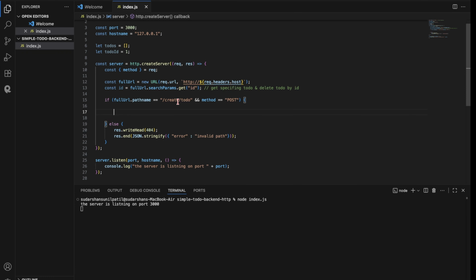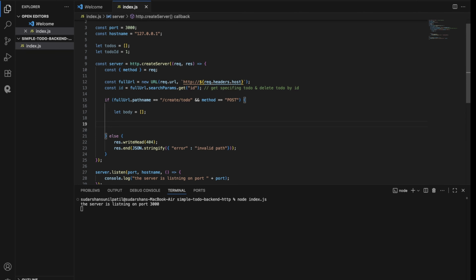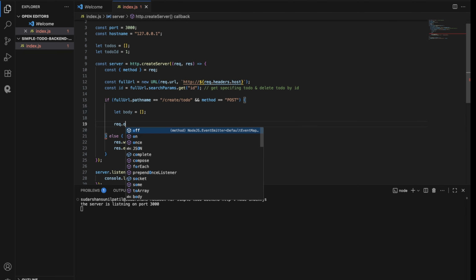When we arrive at this route, what we have to do is create the to-do. To create the to-do is somewhat complicated. First I write the code, then I will explain. Let body equal an empty array, because our inputs in the body come from the client. Then request.on,